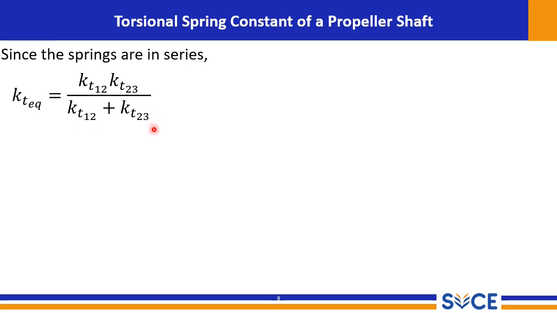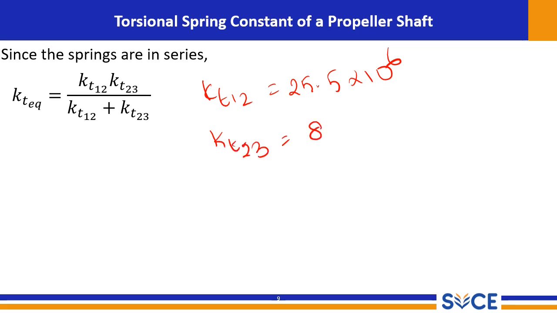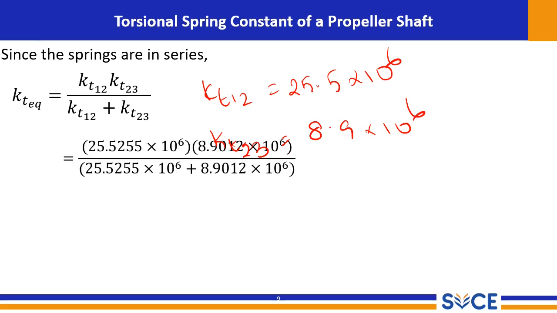Let's substitute the values we calculated earlier: K_T1-2 is 25.5 times 10 to the power of 6, and K_T2-3 is 8.9 times 10 to the power of 6. If we plug these values into the formula, we will get